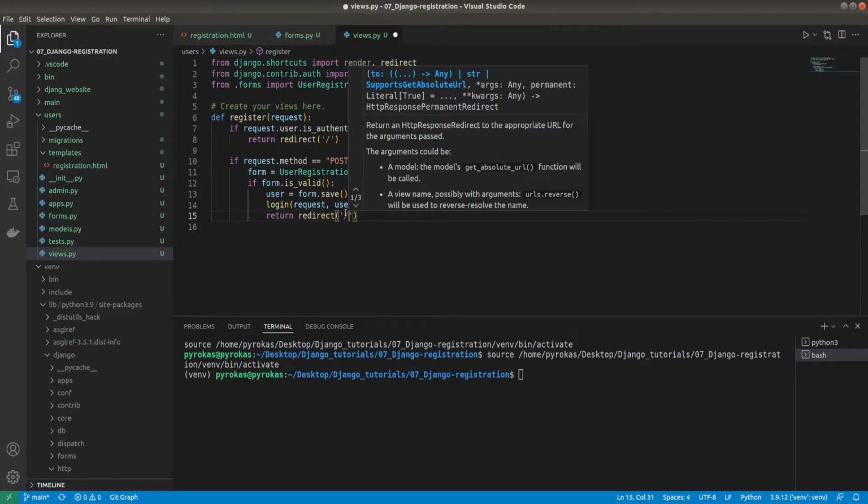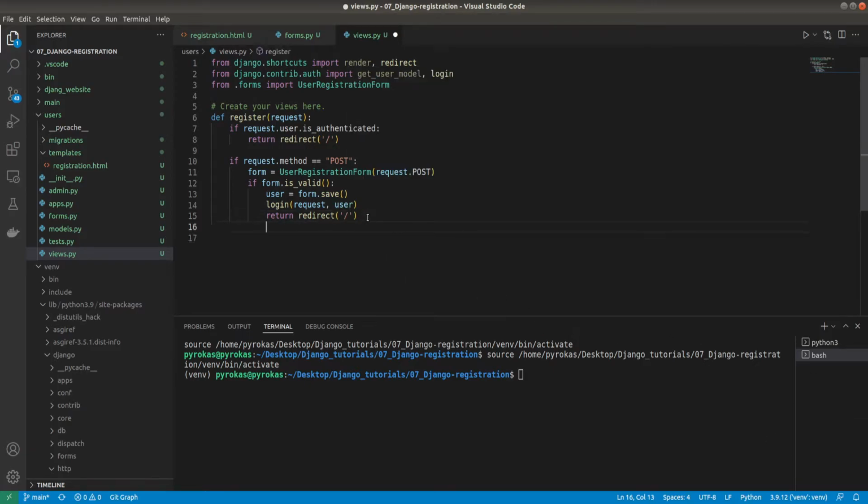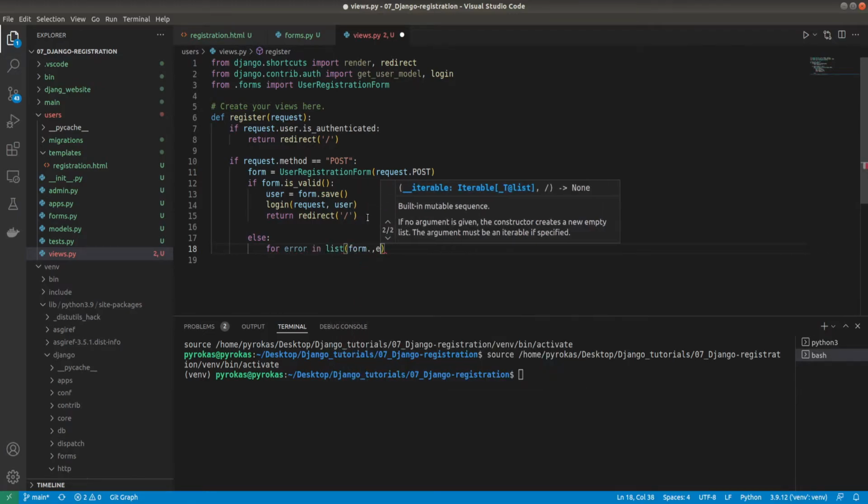So that's why we call this redirect, which of course we import from Django shortcuts. In some cases the form won't be valid for whatever reason, so we handle that with else logic. For now we are printing the error for simplicity reasons. Sometimes there might be more than one error, so we need to print many of them. So for form error in list form errors